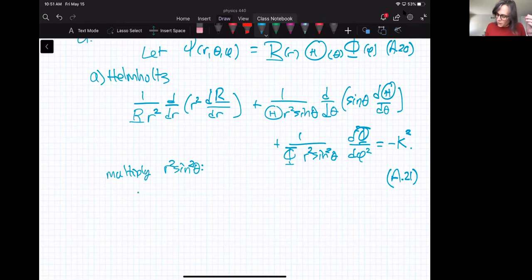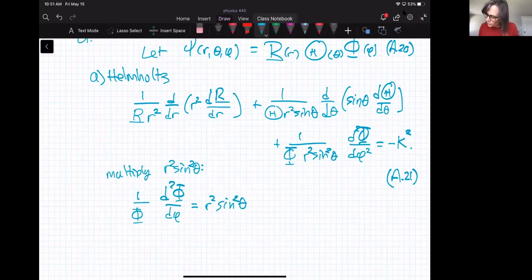So that means that we can at least start with 1 over phi d squared phi d phi squared is equal to r squared sine squared theta, and I'll put this in brackets here, minus k squared minus 1 over r squared capital R